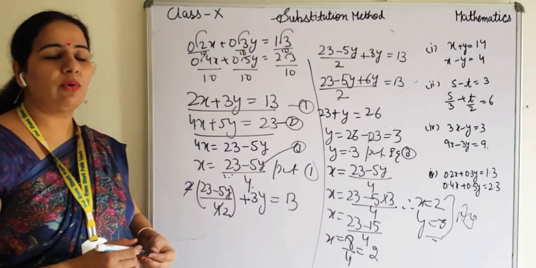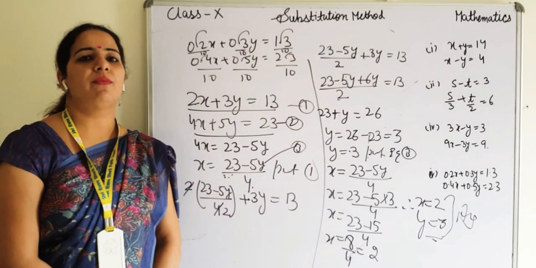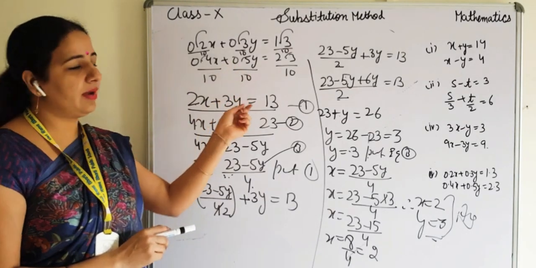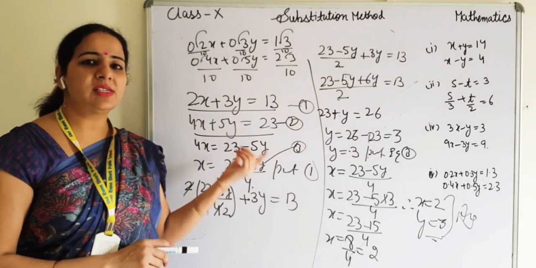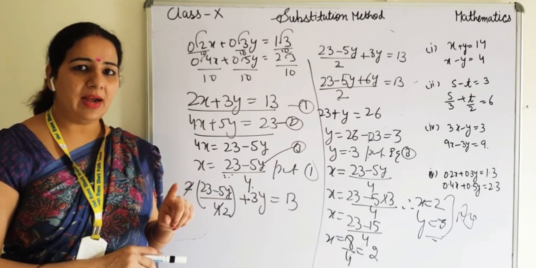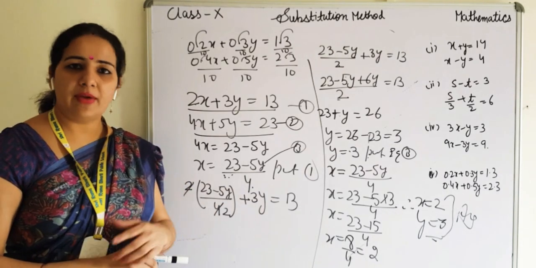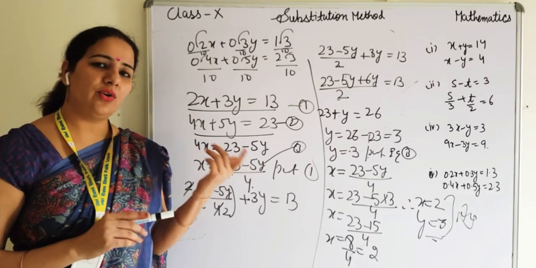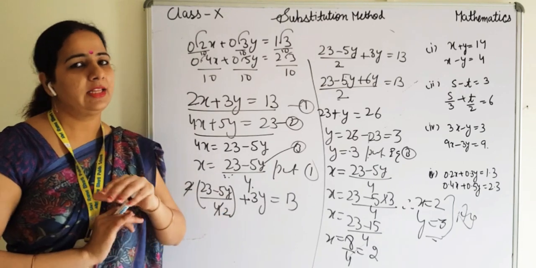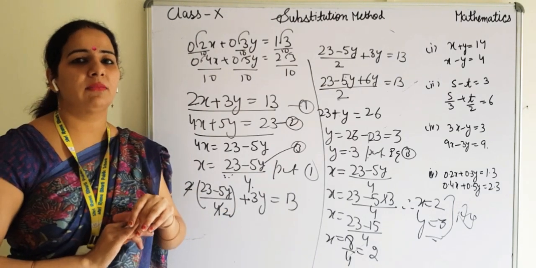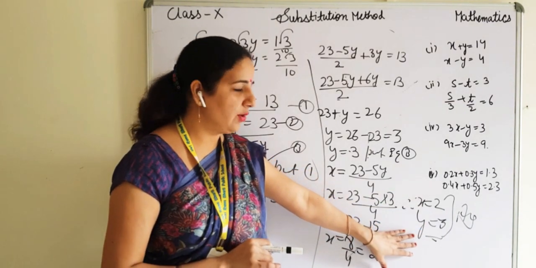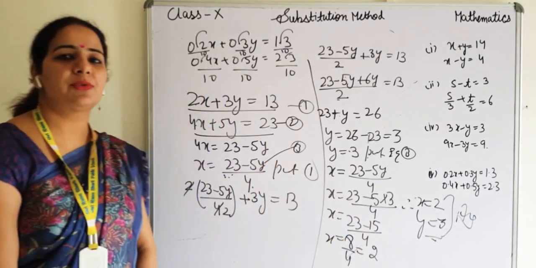So this is all about the substitution method. When you solve more questions, the topic will be clearer to you. You have to calculate the value of any one variable and just substitute it in the second equation. Now the second equation will be in one variable, and as it is linear, it can be solved very easily. After getting the value of that variable, you put the answer in any one equation. Then we can calculate the value of the second variable also, and at the end write down both the values together.